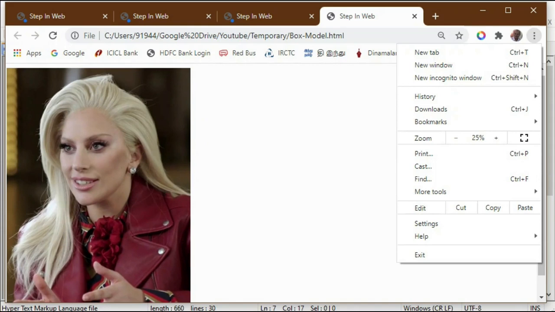Still that image is maintaining the full view, because the CSS code will measure the total available viewport size, and we put the height as 100%. 100% means, what is the viewport height? It will match the image height to the available viewport height. For that reason, it is able to maintain the full view of the image.